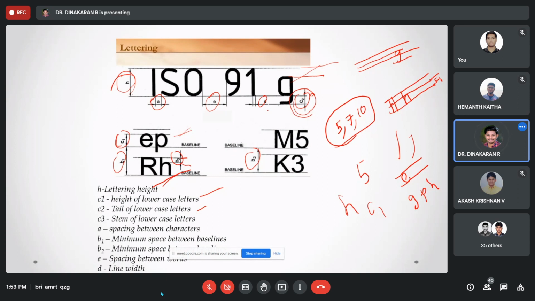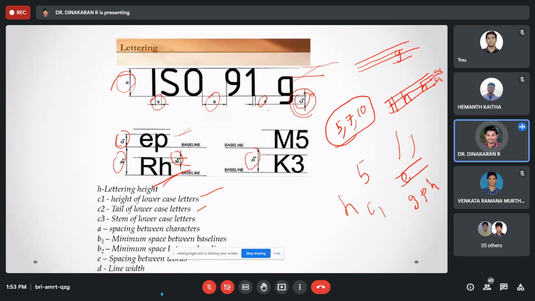That is the height of the tail of a lowercase letter and the stem of a lowercase letter. Wherever it comes at the bottom, that is a tail, that is a C2 value. That comes under C1, below C1, means C2. That above C1 means it's a stem. So for H, where will it come? Is it above or below? Above. Yeah, above. So from the calculation of height, we need to mark a C3 value, then we need to mark the H value. This is C3.